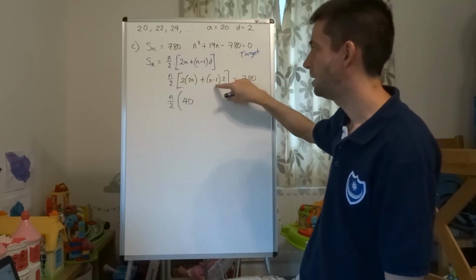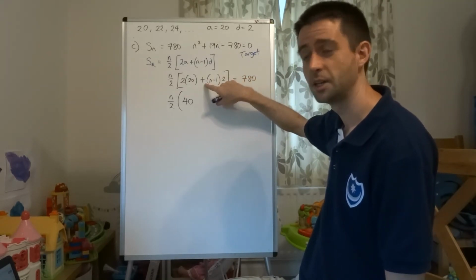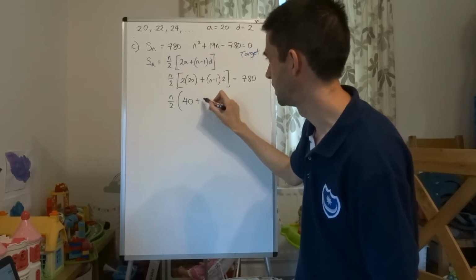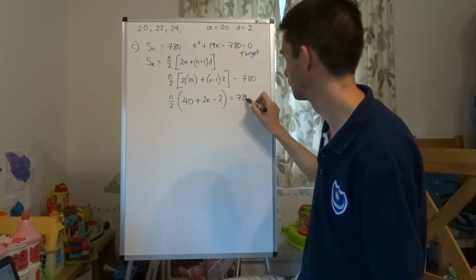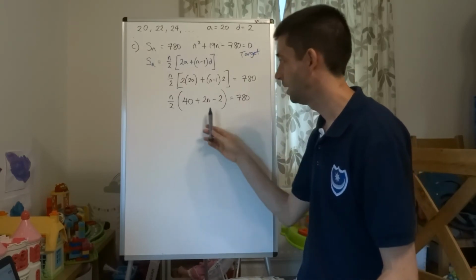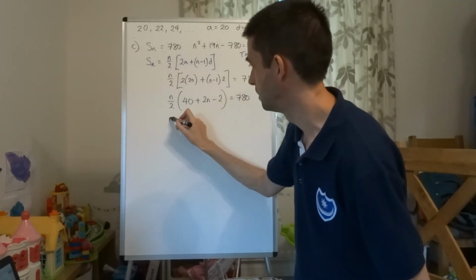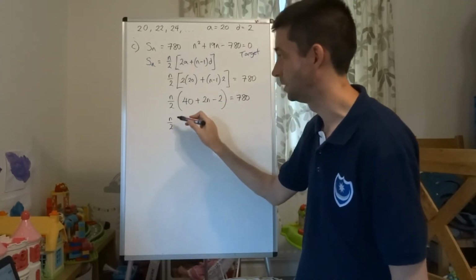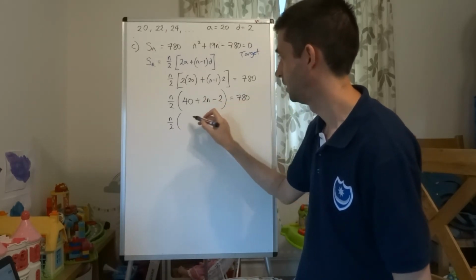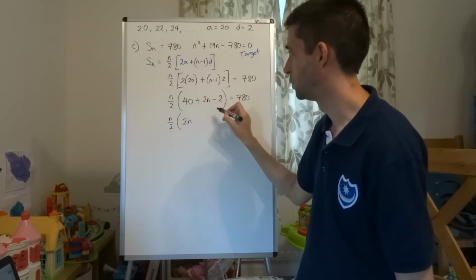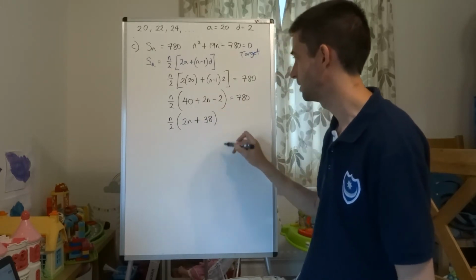And now here, n minus 1 times by 2, that's just like having the 2 at the front of the bracket and expanding it out. So plus 2n minus 2 equals 780. And now I'm just going to simplify what I have inside this bracket. And you'll notice that at the moment I am not doing anything with the n over 2. So in this bracket I would have 2n, and 40 take 2 is 38, so it would be plus 38